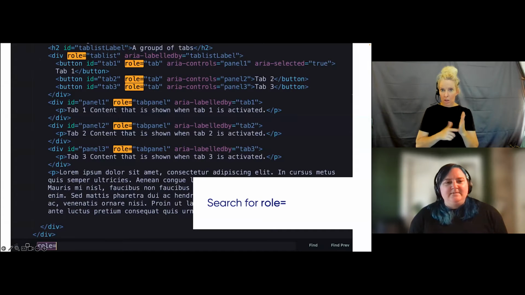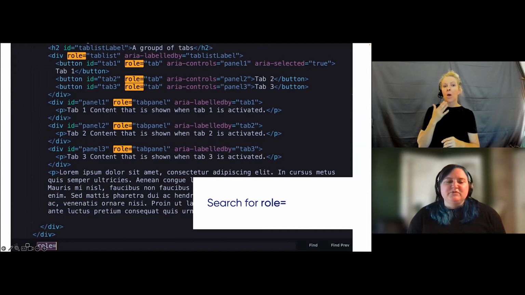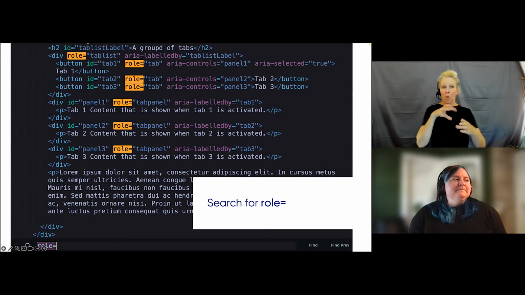So, excuse me, some quick checks that I always perform when I am doing a little code review for a colleague is searching for role. So I will take the pull request that person has provided, open it up in my text editor of choice, and do a search all for role.